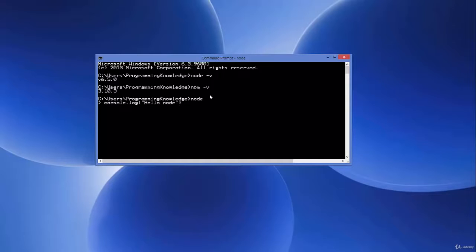Okay, now you can press enter and it's going to print out hello node, and then this undefined message, and then you know that node is perfectly working on your system. Now let's check this node in a little bit better way. What we want to do now is I'm going to close this command prompt, and I will once